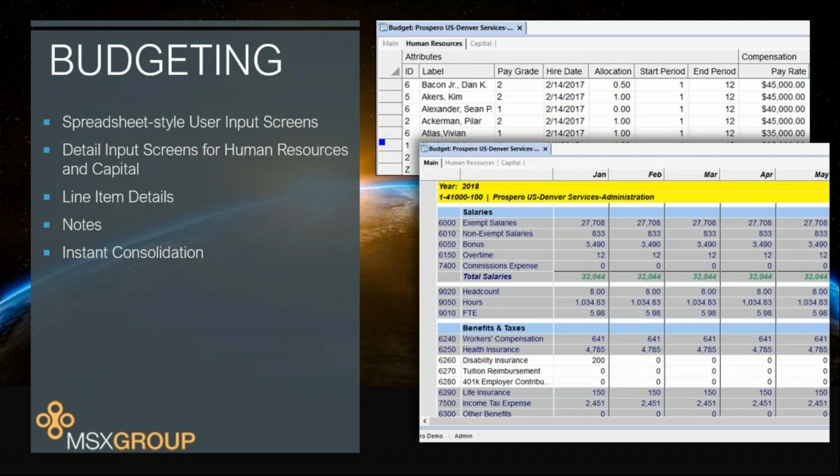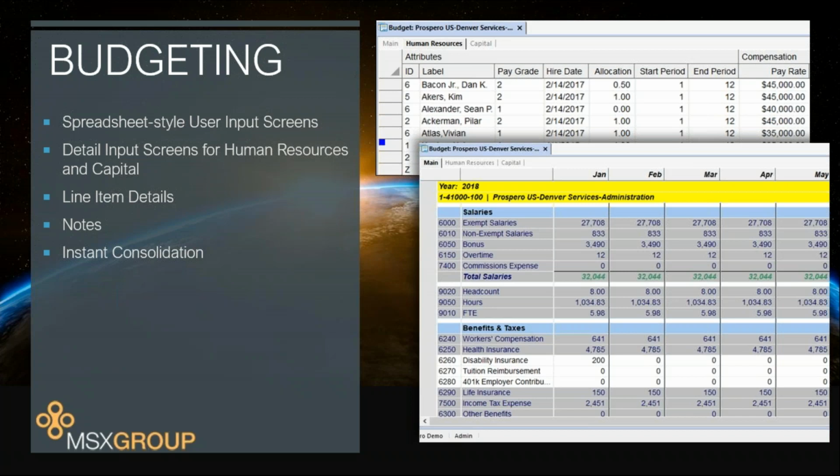You've got line item details when you're doing your budget input screens. That way your budgeters do not have to call you and ask you to add more accounts, so more rows for them to do input. They can open up an account and add as many lines to that account as they want to, and change the description and add all the balances to the account for the total.